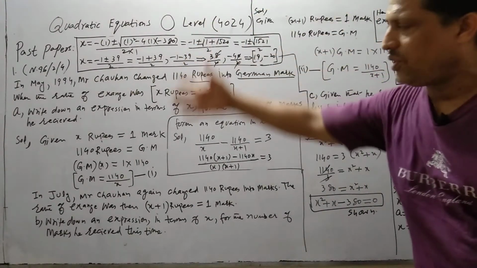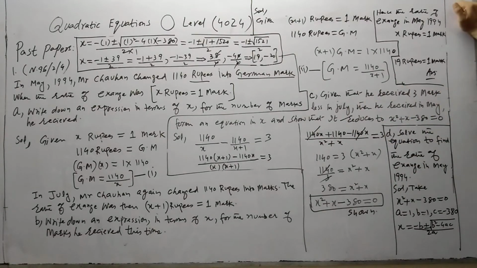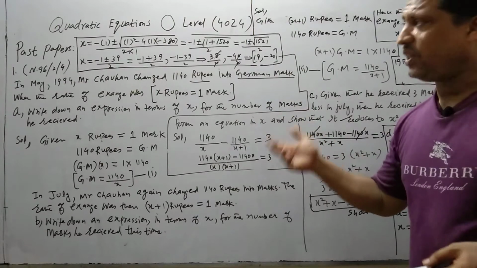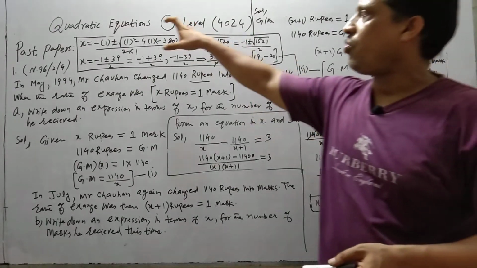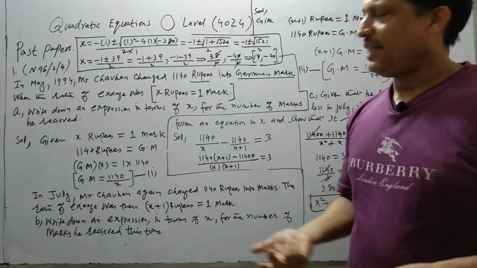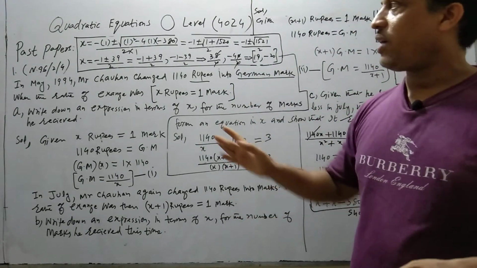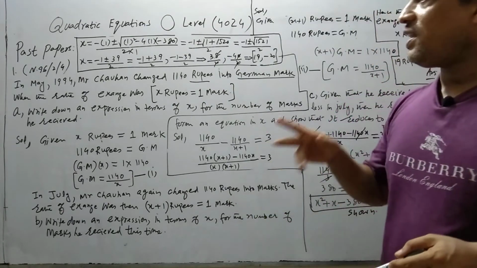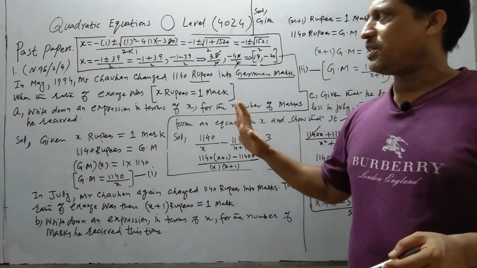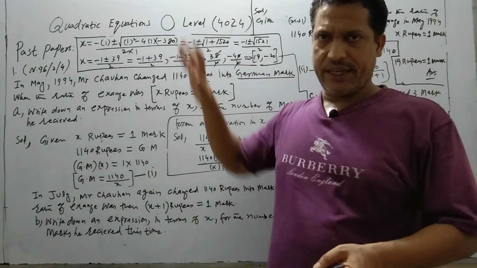And this is the whole question. I hope student you understand how we make the conditions, how we solve the question with the help of the given condition, what is the use of calculator in these questions, and which method we can apply to solve the quadratic equation. So student, kindly do 2 to 3 questions of paper 2 related to quadratic equation. In next lecture, I will continue the same topic, quadratic equation past papers. I will give 2 more lectures to past paper questions where we have to make the quadratic equation.